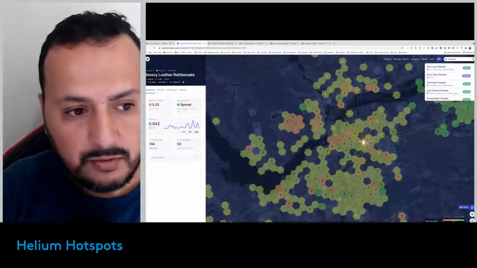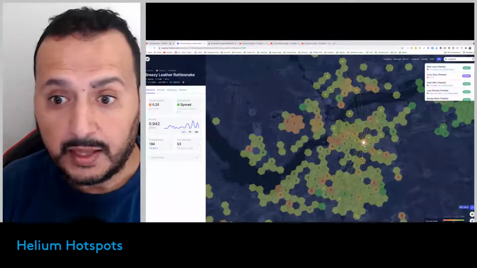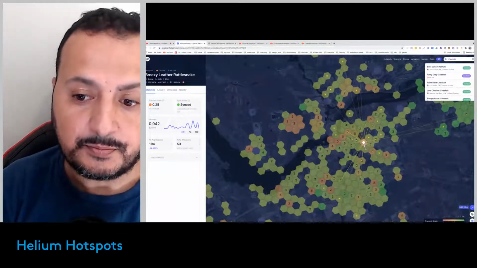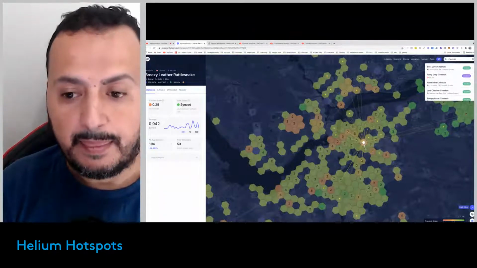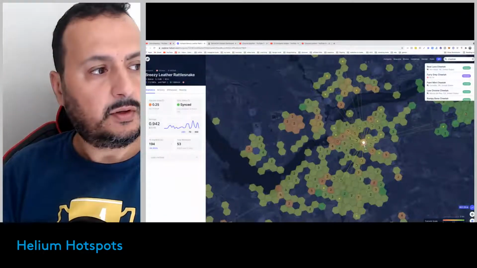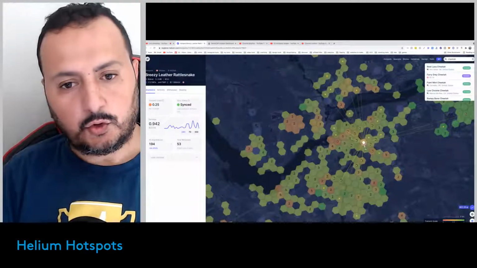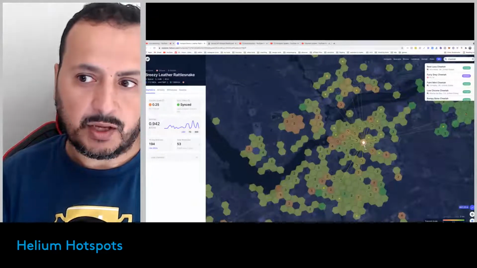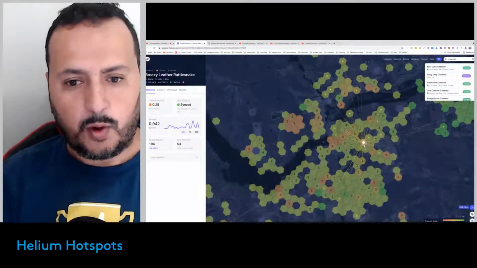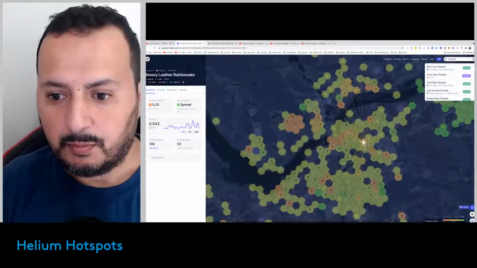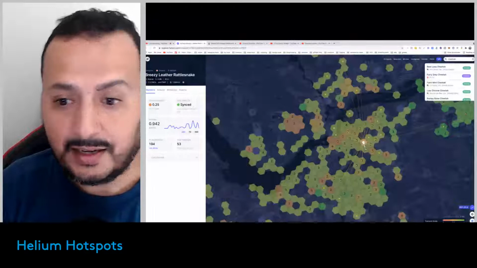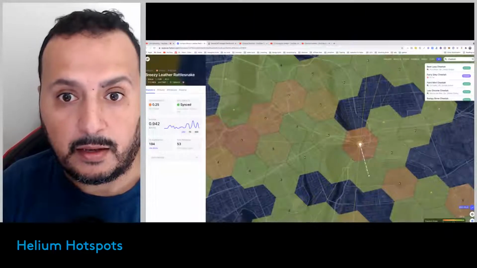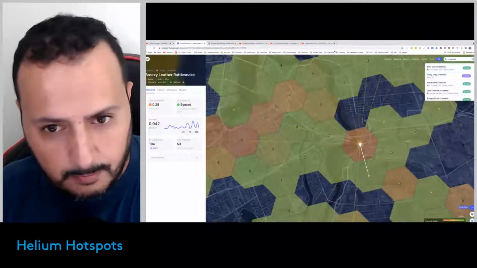So by the way, one of the things I'm trying to do, and that you should try to do as well, if you have a lot of hexes inside your building. Like I said, I have it right at the end of the building. What if I manage to move the hotspot to the other part of the building and get away from these hotspots? Because we are under 300 meters, so we're eating up each other. So what I can do is contact the guy, and if you guys know this app,